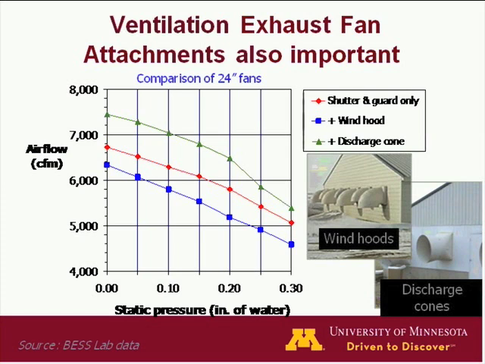If those same fans had discharge cones on, like you see on the right, the actual airflow rate is increased. It would be the green triangles. So you can actually increase the airflow rate of these exhaust fans. Most of the time these are 24-inch, 36, 48 or 50-inch fans. By having discharge cones, they will increase airflow and make the fan actually a little more efficient. So that's certainly something you want to be aware of.